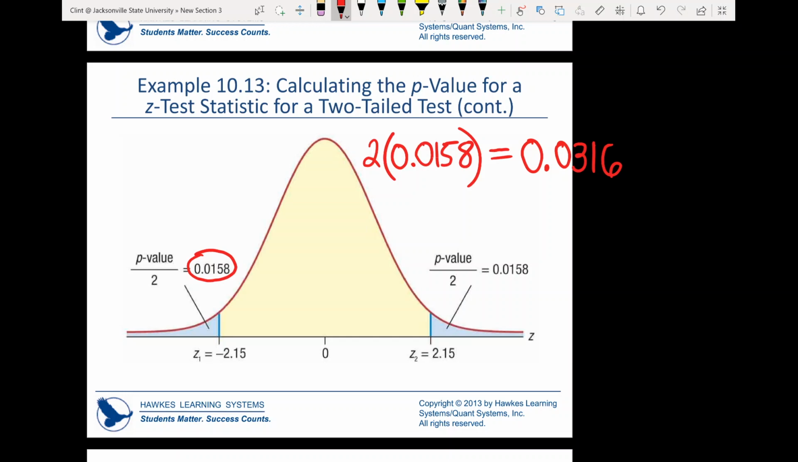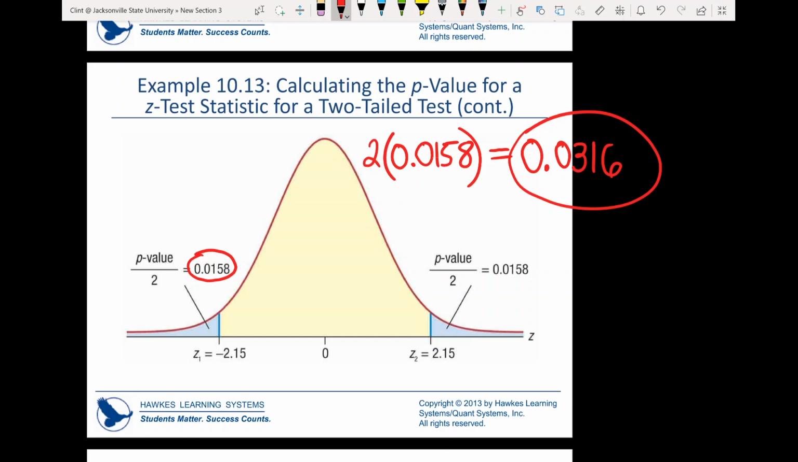0.0316. So our p-value here would be 0.0316. Okay, you can add the two p-values together, or you can multiply by 2 in the two-tailed case. Okay, so those are all 3 situations where we need to find the p-value: left-tailed test, right-tailed test, and a two-tailed test. So once we have the p-value, how do we use that to make our conclusion at the end